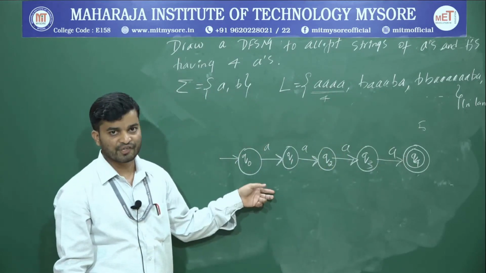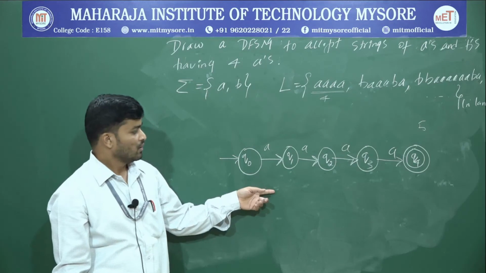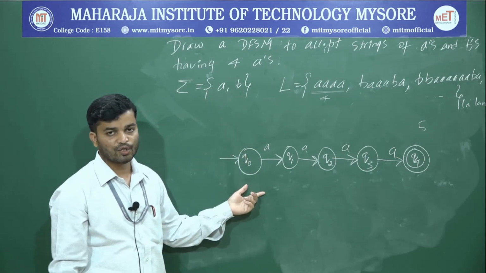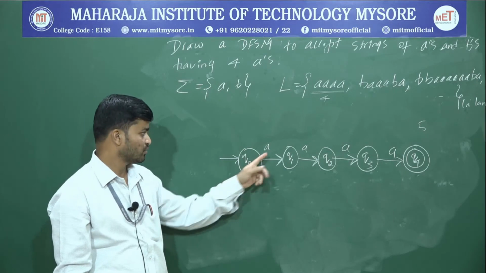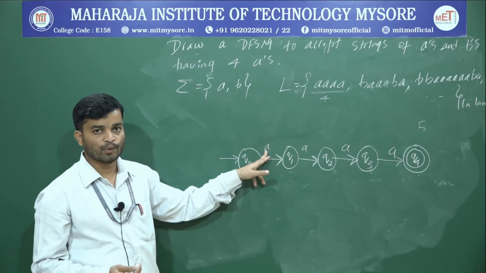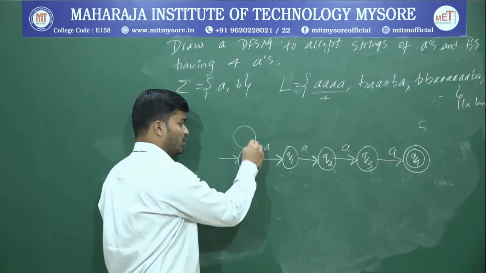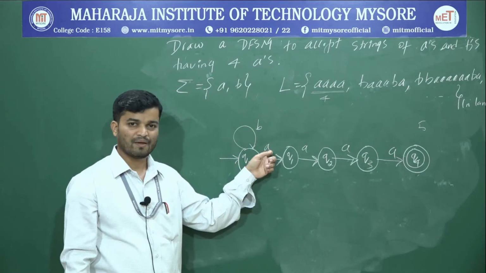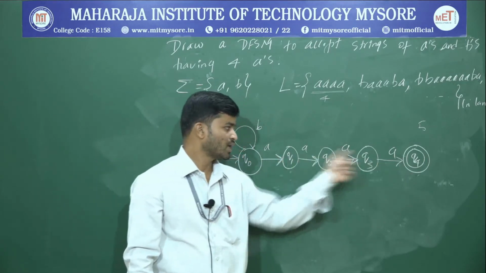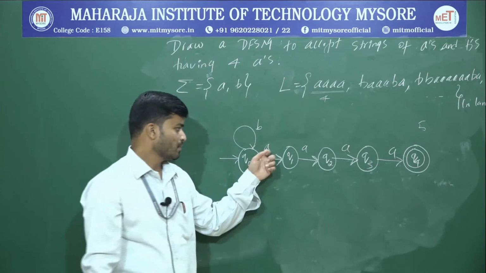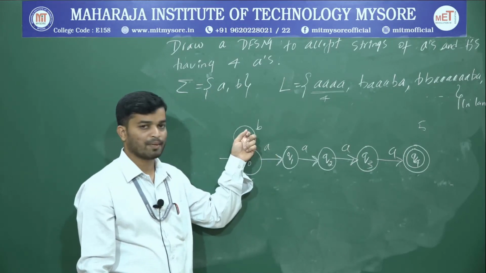This will become the skeleton. Now I have to build the muscle. So how to build the muscle? If sigma is A comma B, there should be exactly two paths from each state. Already there is a path for A. Now to give a path for B, what's the first option? Go with a loop. If I write a loop upon B, what will happen? Any number of B's, I will get 1A. Before going to the accepting state, I will still have 4 A's. Therefore no problem, this state is over, because there is a path for A as well as a path for B.